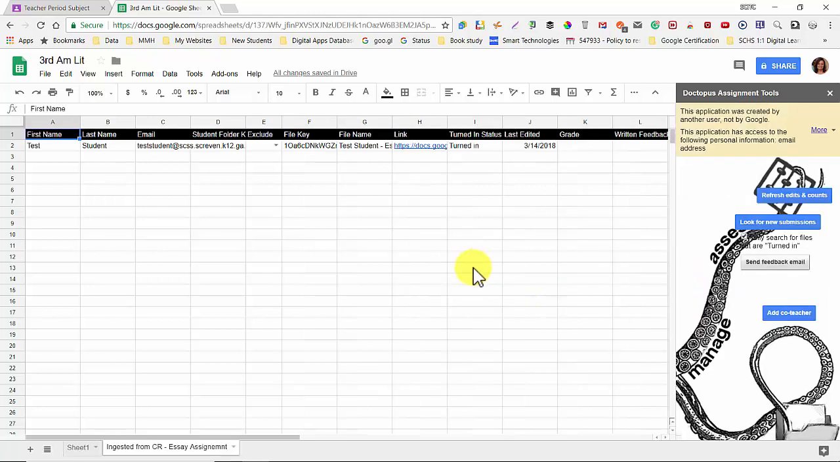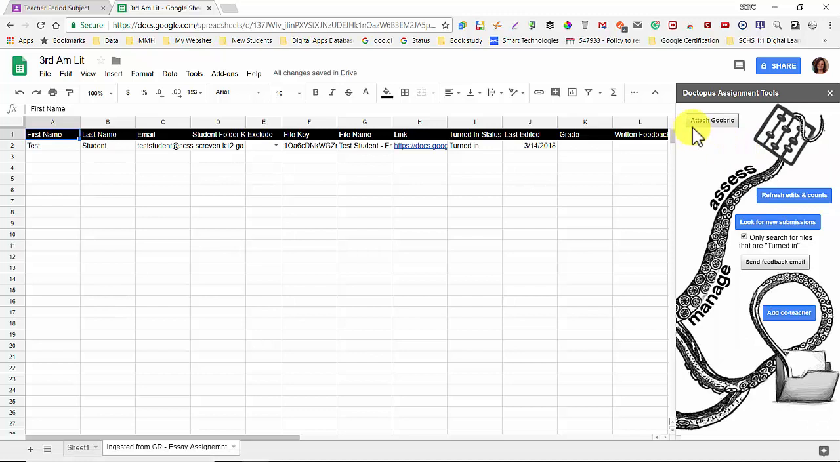Now you'll notice that the spreadsheet has been populated with all of the student work. In this case, I only have one test student, but you would have a line for each student that has turned in work. The blue hyperlink will take you directly to their Google Doc that they've submitted. But before we look at the student work, we need to attach a Goobric or a Google Rubric to this document. I'm going to use the More menu to dismiss this message, and I see I have the option of